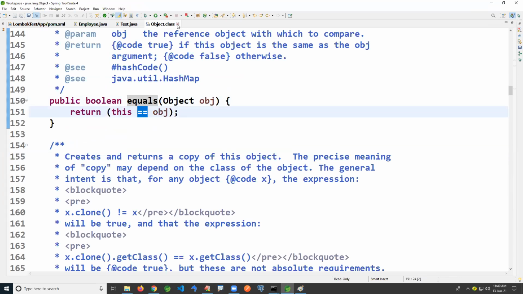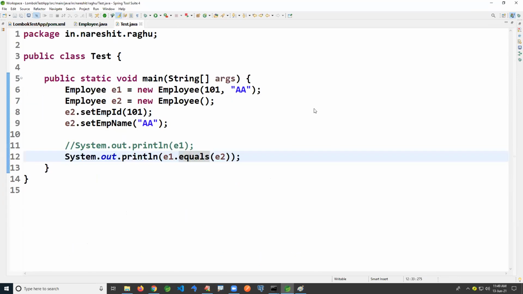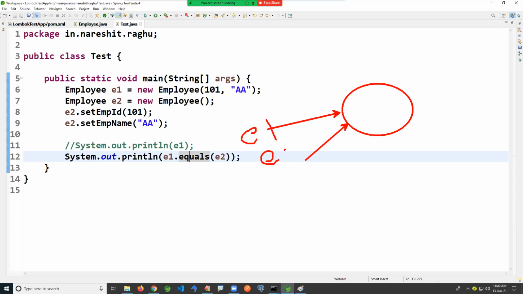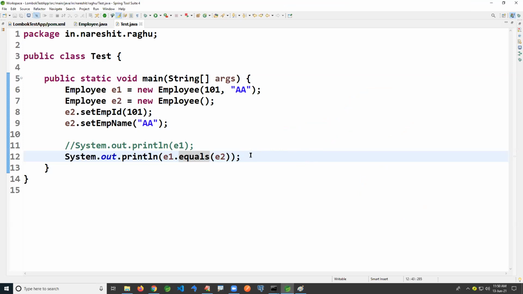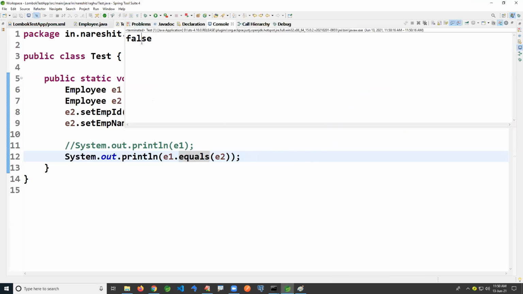It is going to check whether they are pointing to the same object or not. Here E1 is pointing to one object, E2 is pointing to another object. Now when you run this application, it gives false.